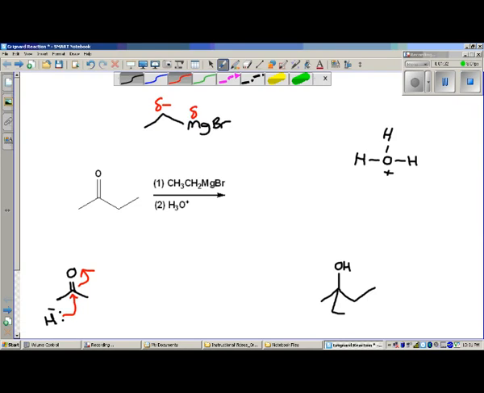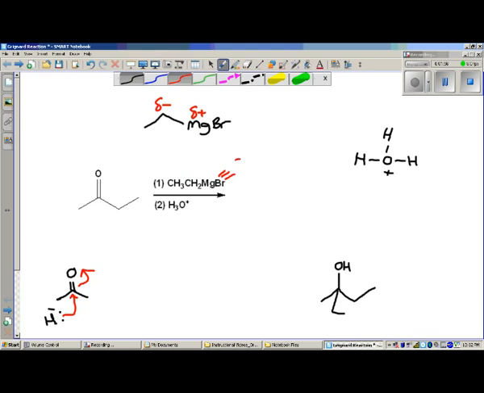Usually, carbon is the electropositive species because whatever it's bonded to is more electronegative than it, and an example of this would be the carbonyl. Here, though, it's different. Carbon is actually the more electronegative element, and so in a molecule like this Grignard reagent you can actually show